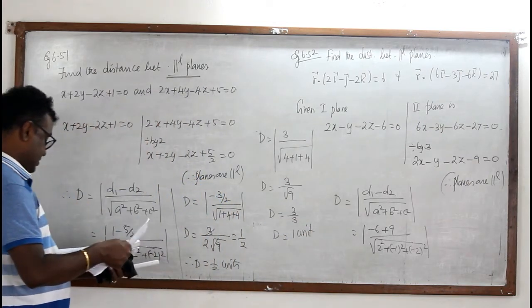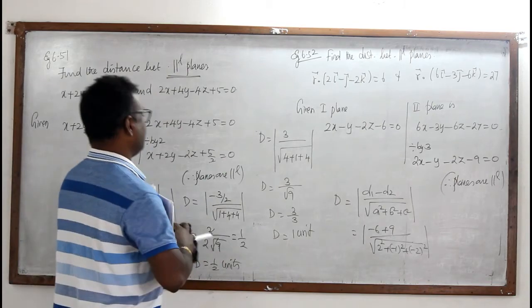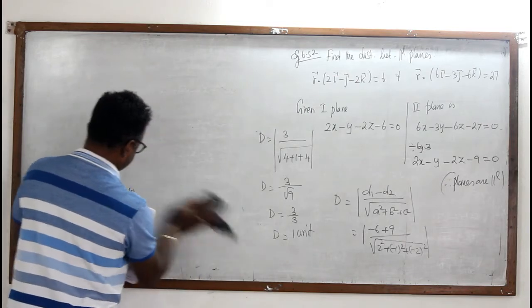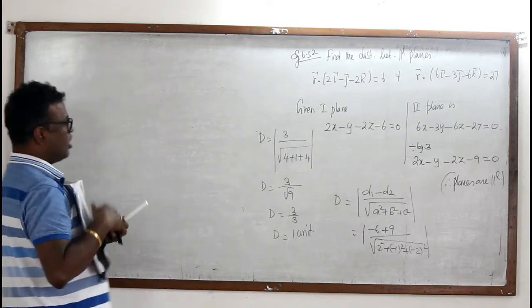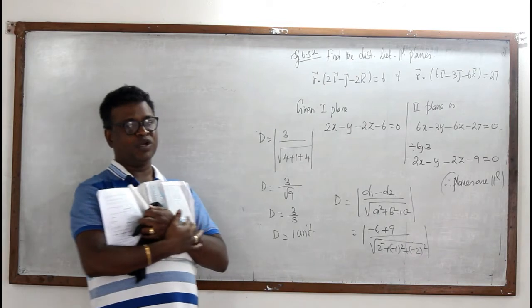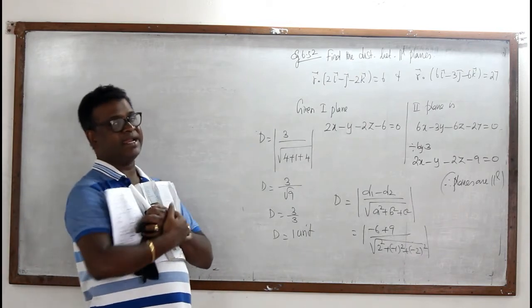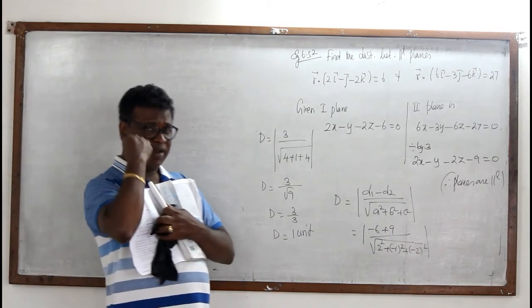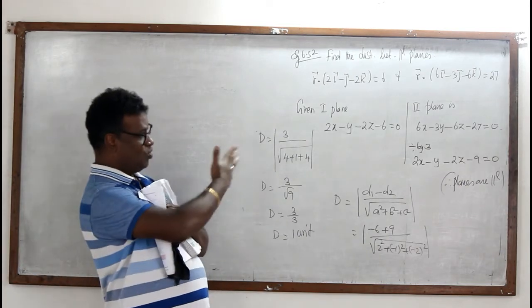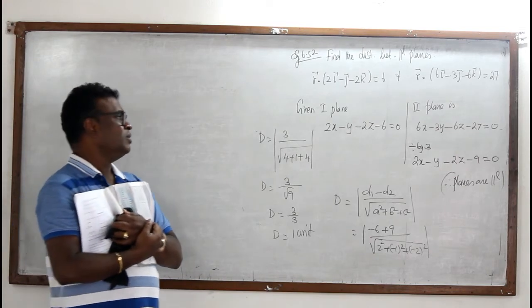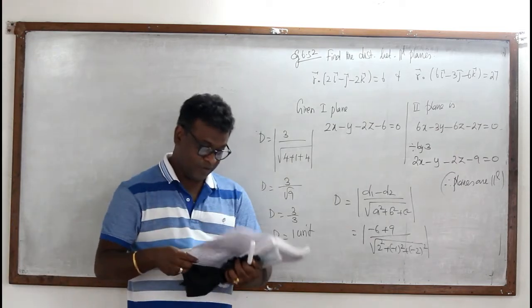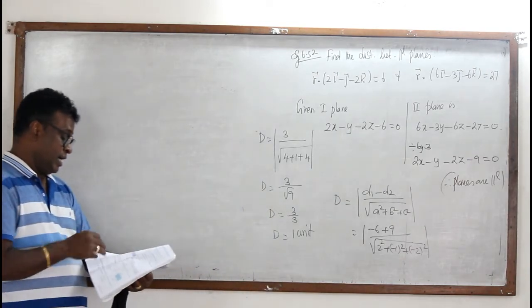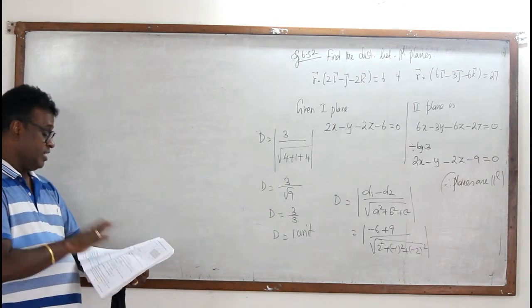This is the distance between two parallel planes. So we have seen these things as problems. We know now how to find the angle between two planes. We know now how to find the angle between a straight line and a plane. We know how to find the distance from a point to a plane, and we know how to find the distance between two parallel planes. With this idea, we shall go for exercise problems. I'll go for the exercise problems only on these points first.